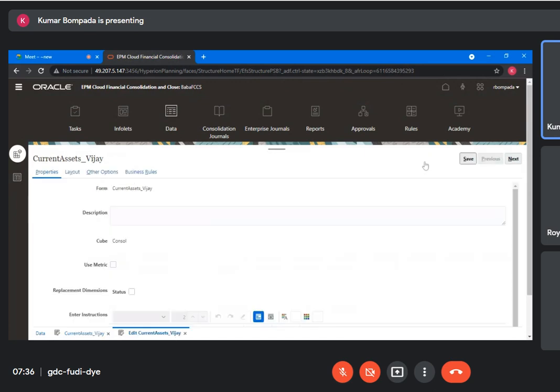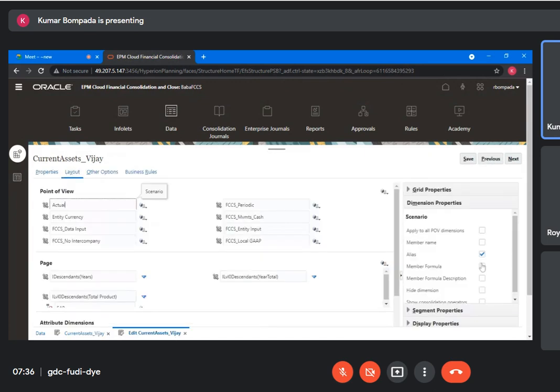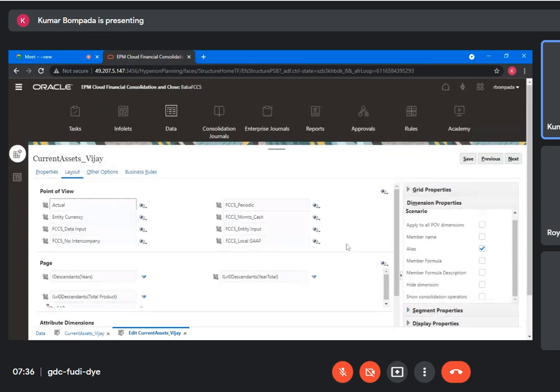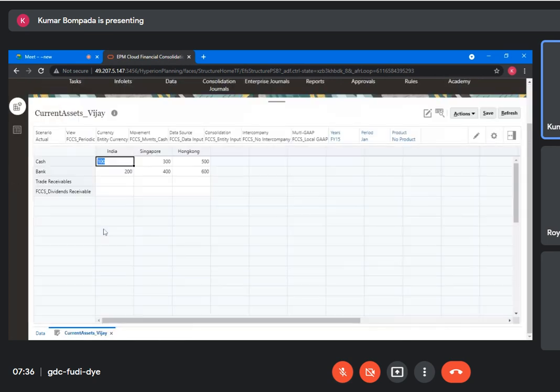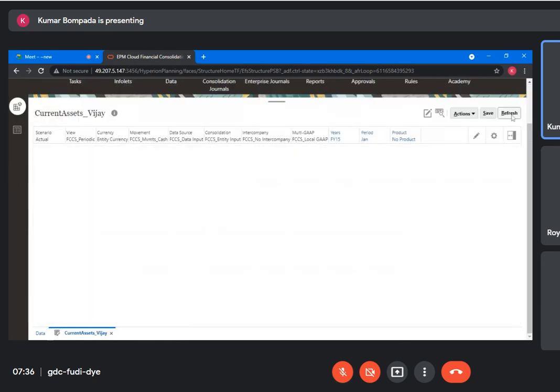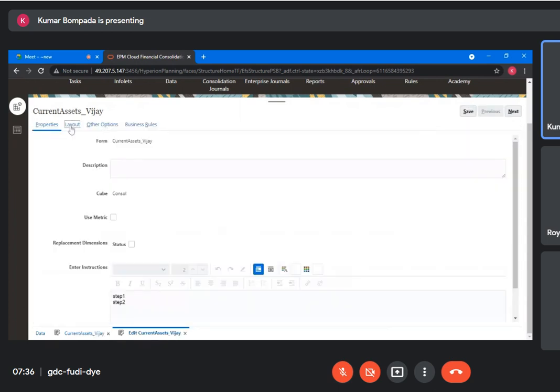Click on edit button, click on layout, go to actual alias. Okay, I'll find out this one. Okay, save this one. It should show, right? Why it is not showing alias as actual? Okay, I'll tell you that one. Okay, right. Next one is